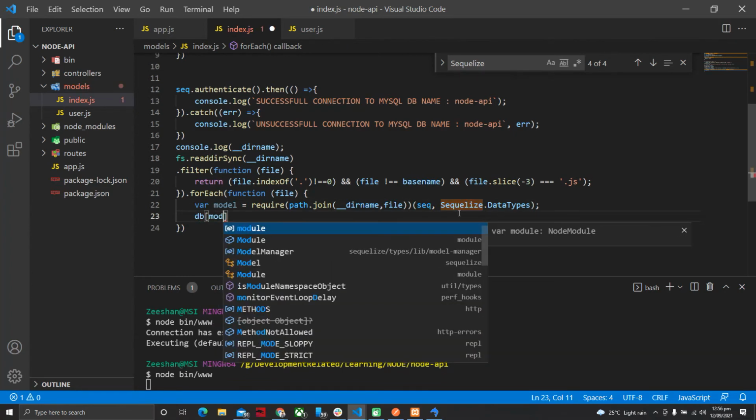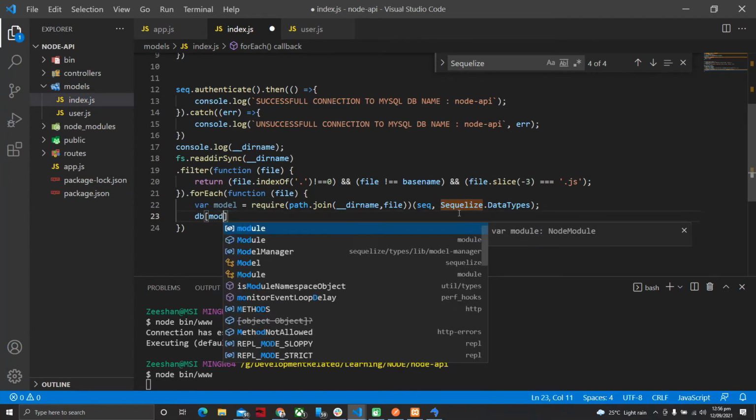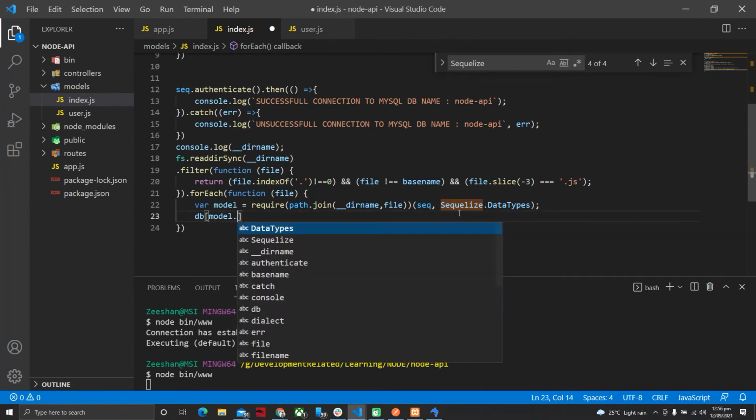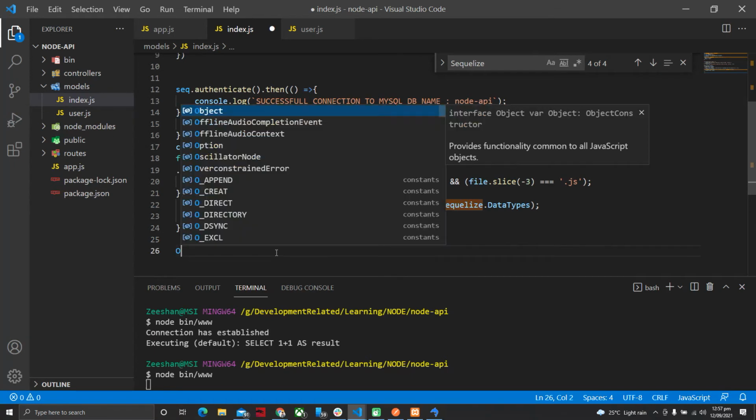Okay, and from our model that we are getting on top, we can extract the name out of it, and provide it the complete model that is coming out. So it will create a key named as the model name equal to the complete model that is reusable. Now in order to create any kind of associations, we also need another